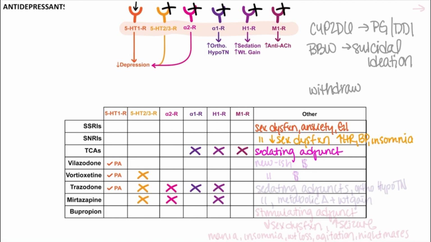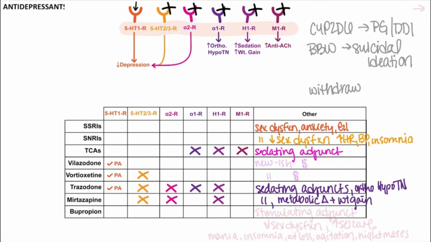Next, we're going to jump down to trazodone and mirtazapine, which are also sedating adjuncts that can also be added on when patients have complaints of insomnia. So trazodone comes with more of a risk for orthostatic hypotension compared to many of the other agents on the slide. And then mirtazapine actually comes with more metabolic changes and weight gain, which you would expect based upon their receptor binding profiles.